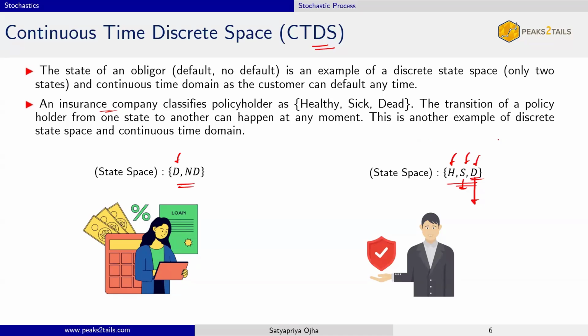If the process is Markov, which is something we will learn a little later today, then this is called a Markov jump process. That was Markov chain, discrete, discrete. This one is Markov jump because suddenly from healthy you will jump to the sick state. You need continuous time but a discrete state to have a jump from one state to another. So this is continuous time, discrete space, guys.